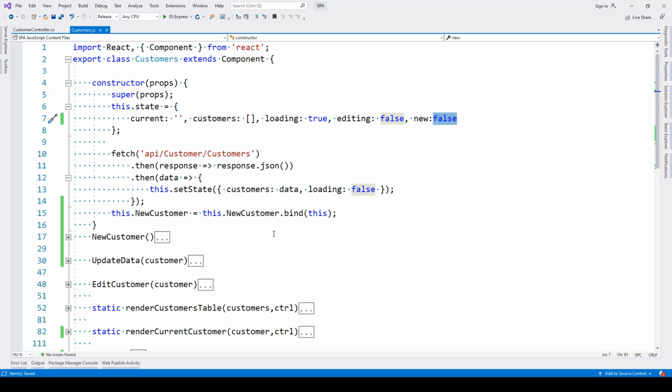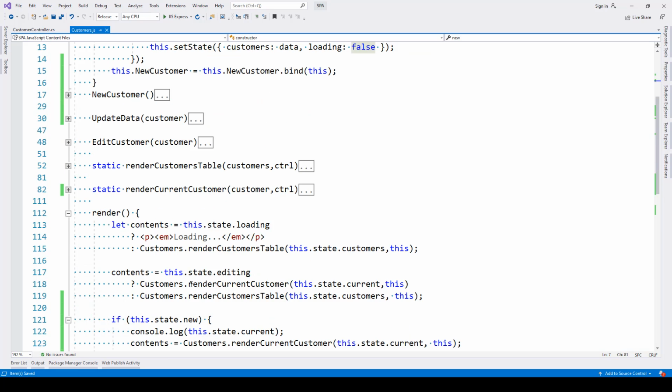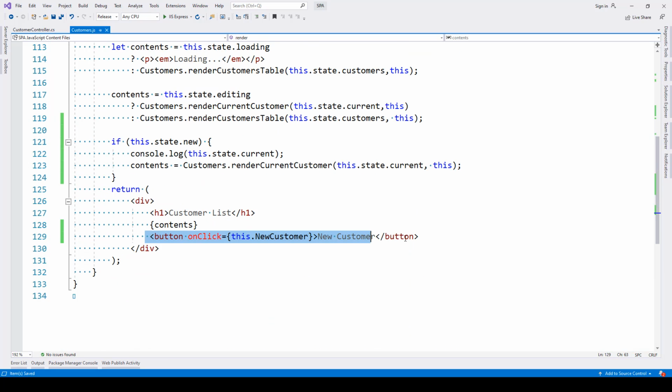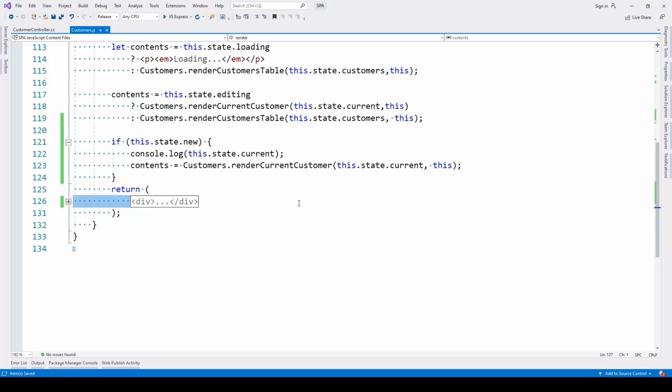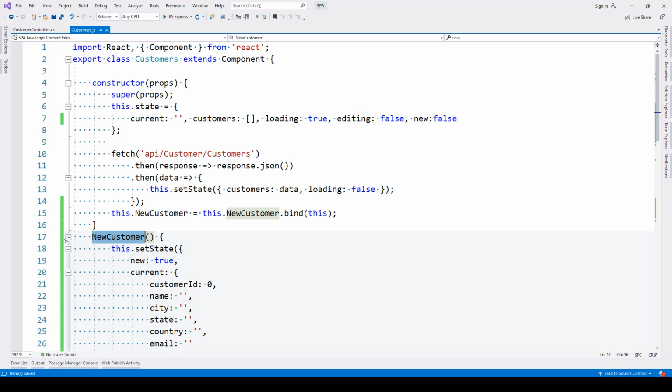After that, inside the render method, if you see, we have introduced a new button, and this is basically going to call a function called newCustomer. Now in order to call this newCustomer function, the first thing that we need to do is inside our constructor we need to bind this. So we are saying this.newCustomer equals this.newCustomer.bind(this), and then here we have defined the newCustomer,